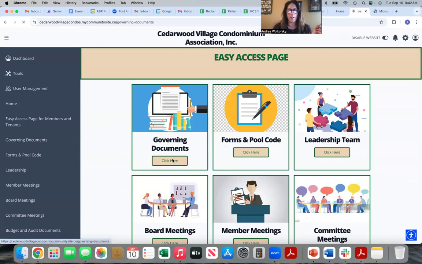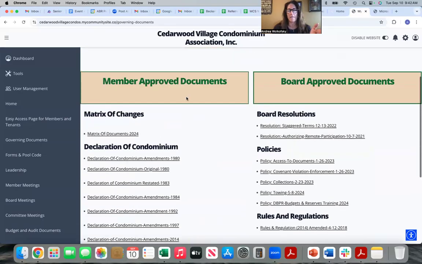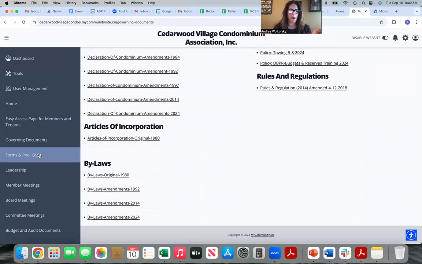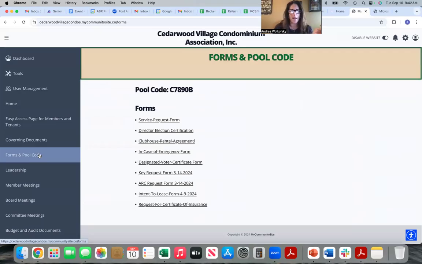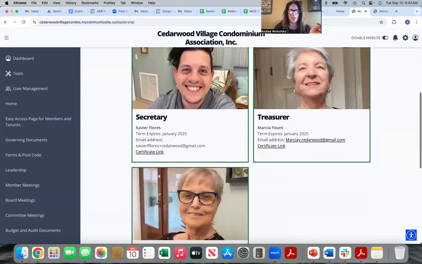So if I were to click on the governing documents, again, that page is still listed here, but here's some information on their governing documents. They have member documents, board approved documents, bylaws. They've got a forms page, information about their leadership with images,